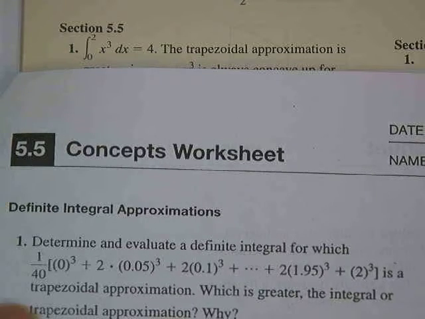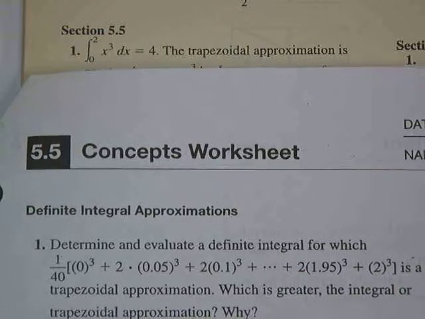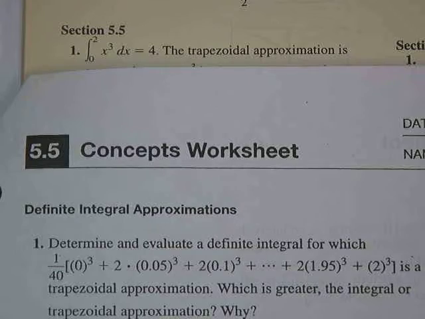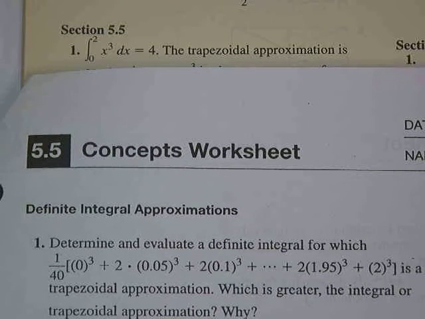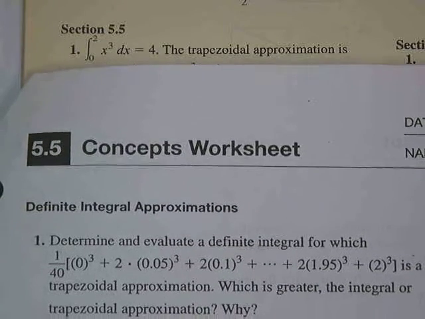And that's why what's out in front? 1/40th, because 1/20th over 2 is 1/40th. Okay? So again, we're just recognizing that this is a trapezoidal approximation for that particular function. Alright, and then the other question we're supposed to ask here is which is greater, the integral or the trapezoidal